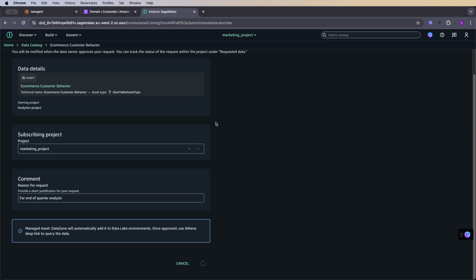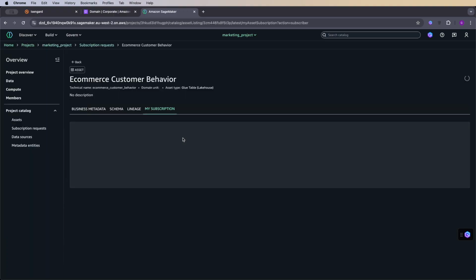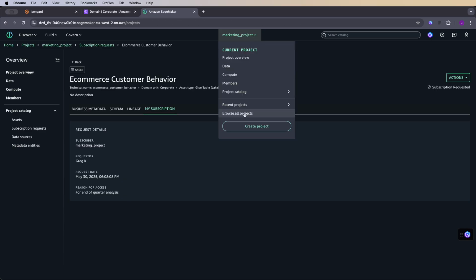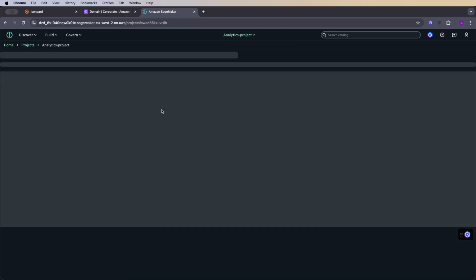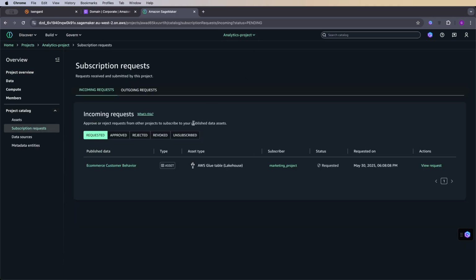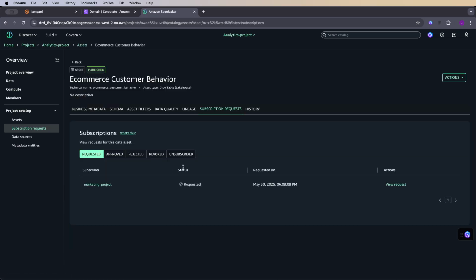Behind the scenes, SageMaker now makes a request to the data owner, informing them that the marketing project and this particular user has requested access to the data. So now if I switch back to the owning project, which in this case is our analytics project, again, in real life, this is probably a different user that would do this grant, but I'm just going to switch over to the analytics project. I can see the request has come in,